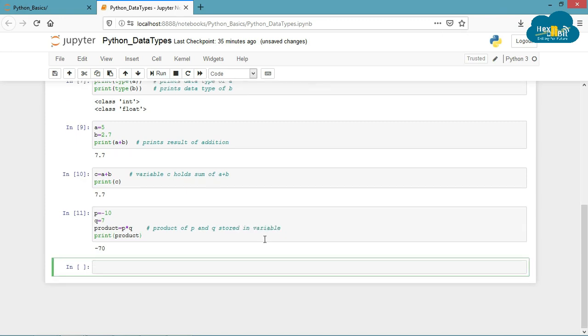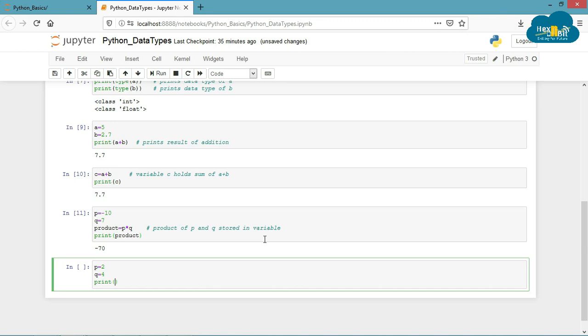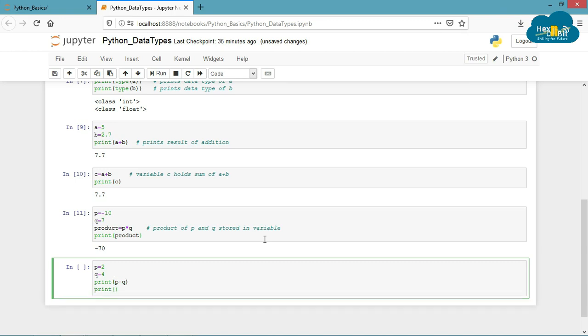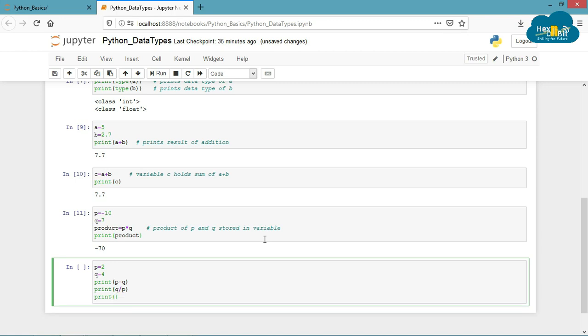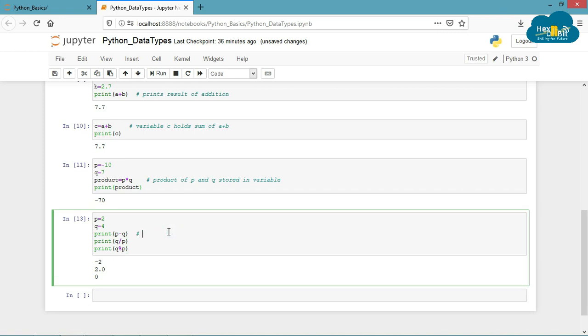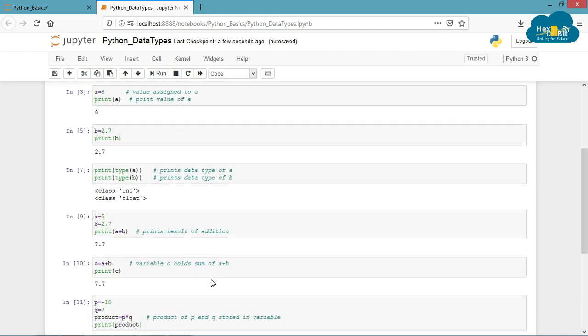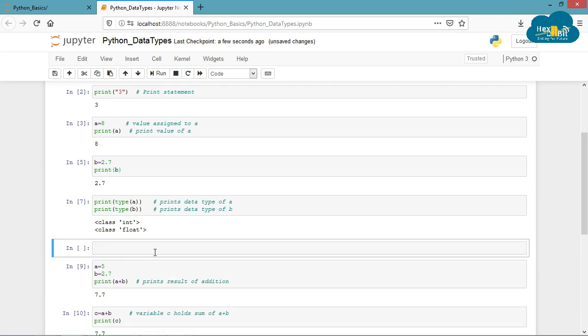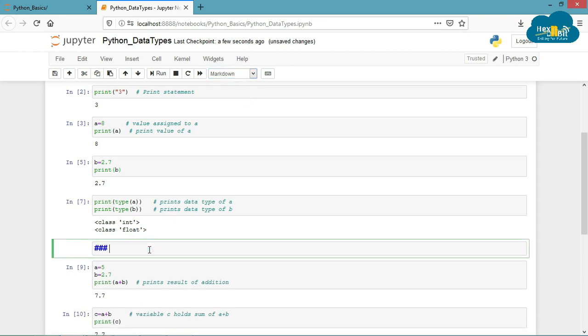Similarly, there are some other basic arithmetic operations like subtraction, division, modulus. Modulus returns the remainder when first operand is divided by the second and the operator is a percentage sign. Refer to the cells and comments for more details and try this operation on your own. Remember that the operator precedence for computer system works differently. Therefore, in case you are using multiple operators within one statement, do not forget to enclose different operation within brackets as per your requirement.